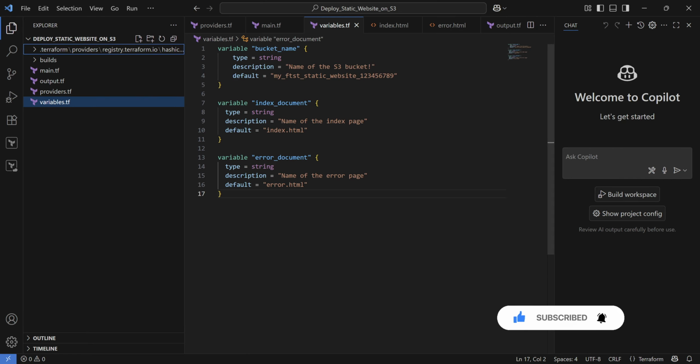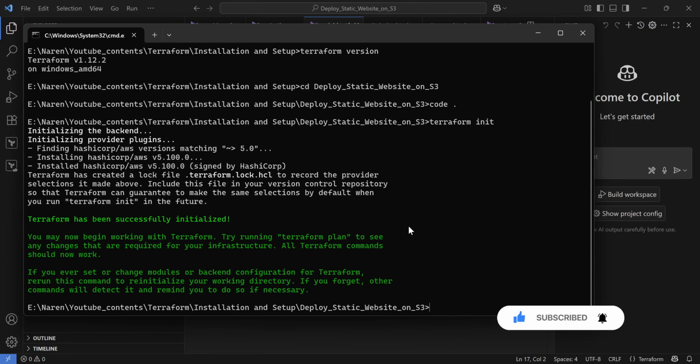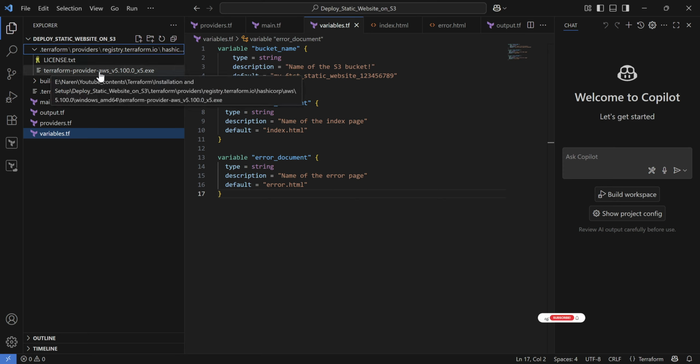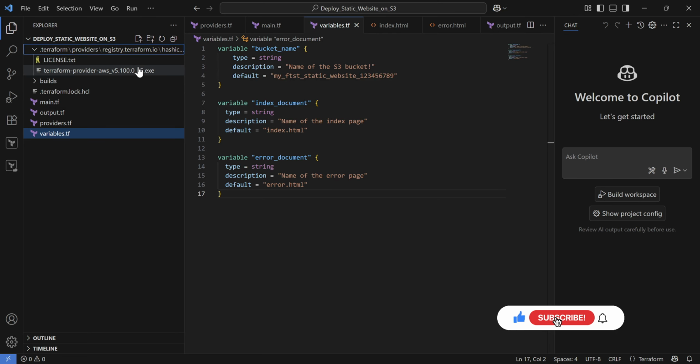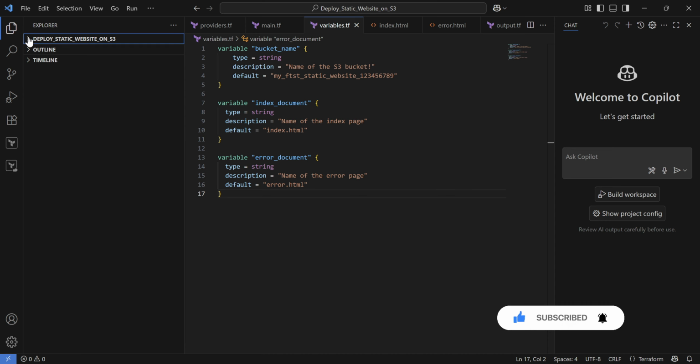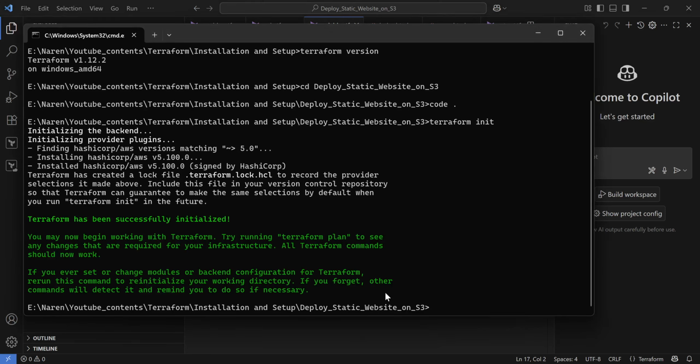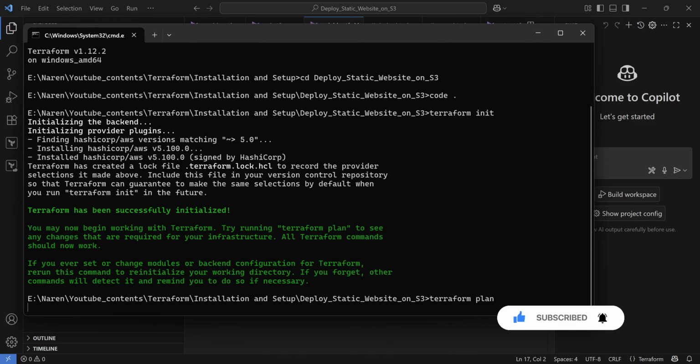You can see this exe. The downloading process is done. In the .terraform folder we have this, because I'm using Windows, so it downloads the exe package for the AWS provider. Now let's run the second command as we discussed in the PPT, terraform plan. This will help us to review our configuration and create a plan that is going to be executed later using terraform apply.